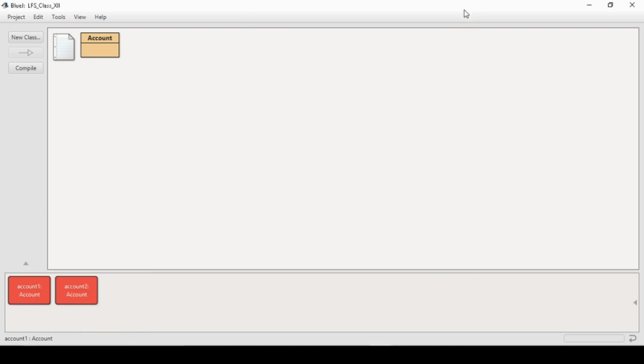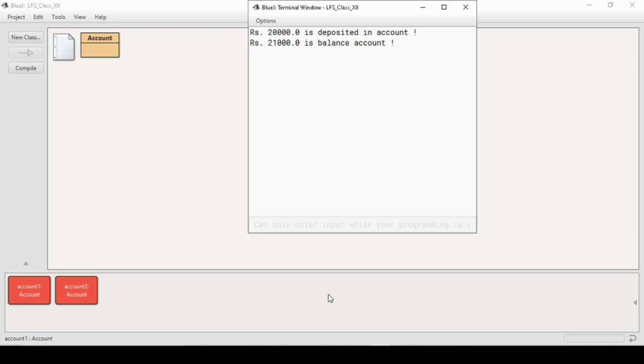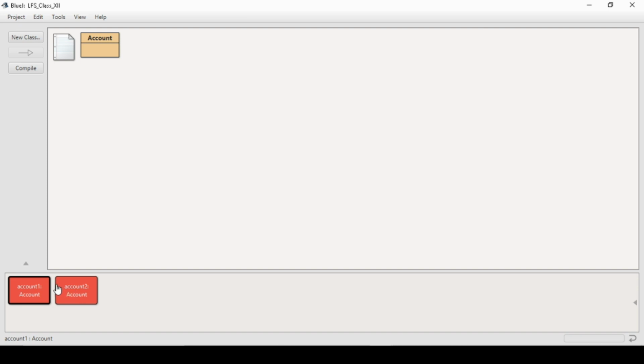Now let's see, if I call any behavior, whether the state of an object changes. If I click on the deposit method, it asks me to deposit some amount, and let's suppose I have deposited 20,000. So 20,000 is deposited in the account, and rupees 21,000 should be the balance amount, my mistake, I will rectify it.